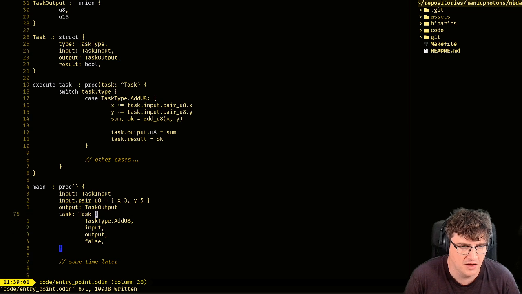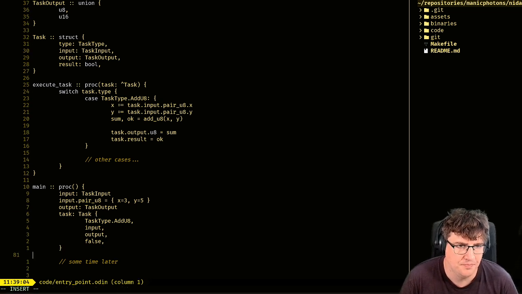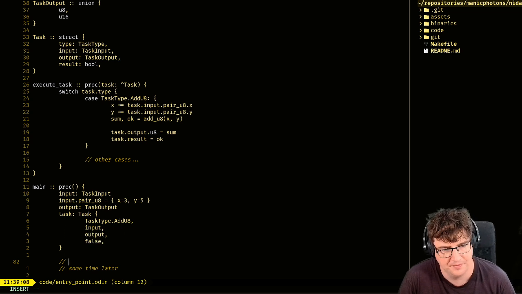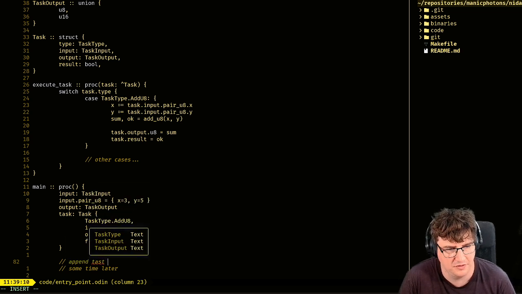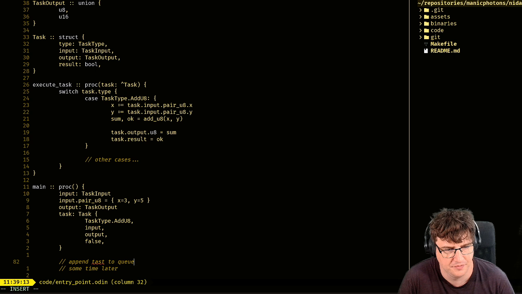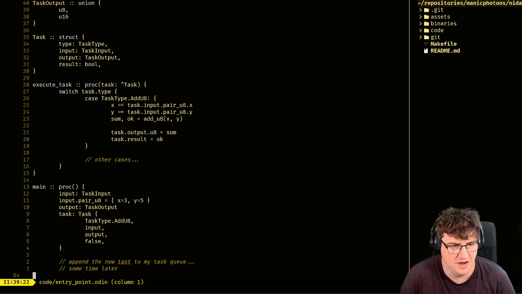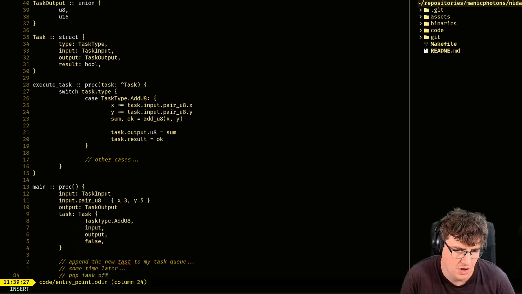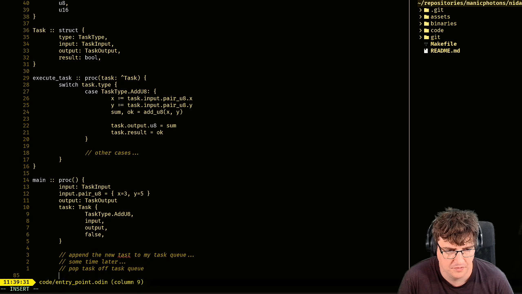So having created a task like this, I could append task to queue, sometime later pop task off task queue, and then execute task.